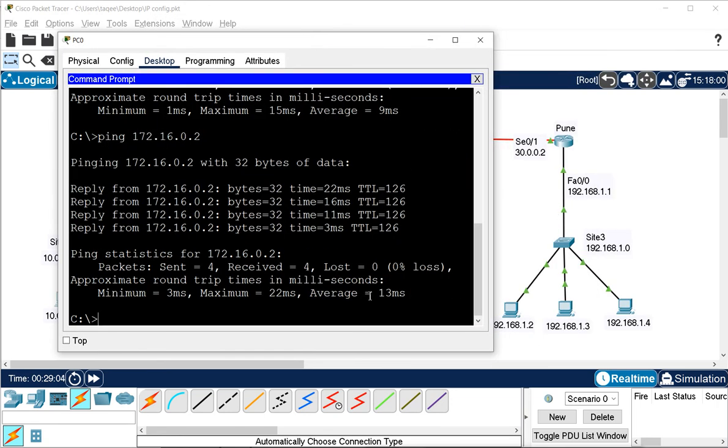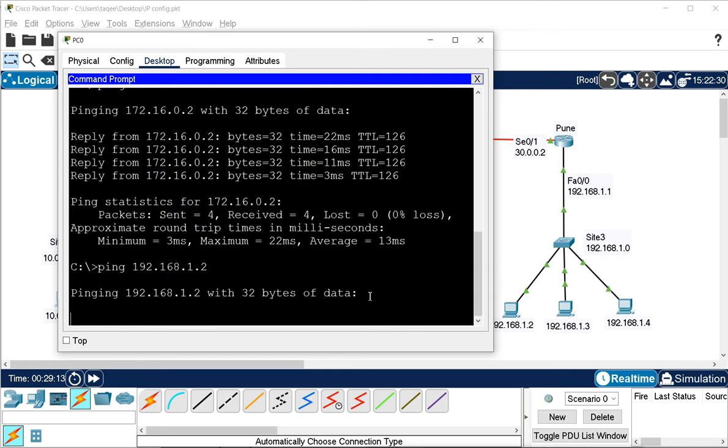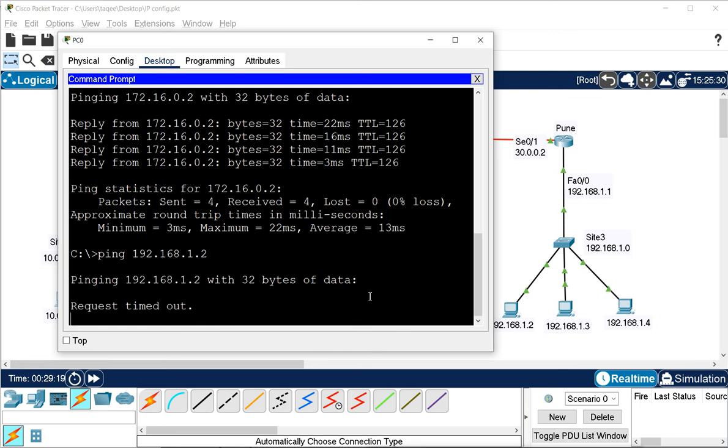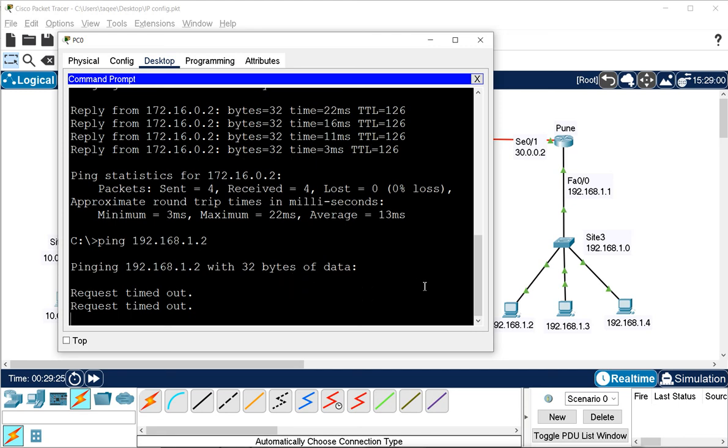The last one, I want to ping 192.168.1.2, and I will get the reply. So I get the reply here because they are connected. Okay, I am not getting a reply here.